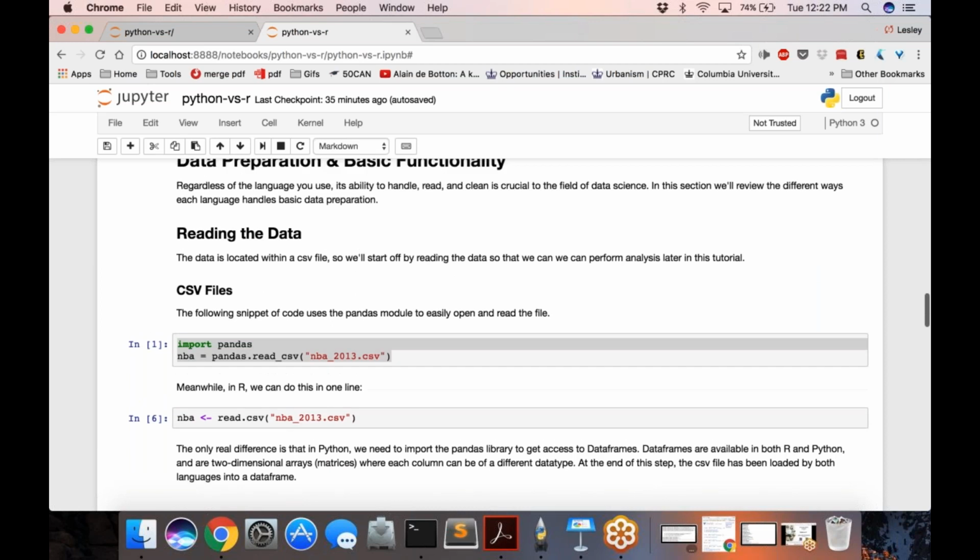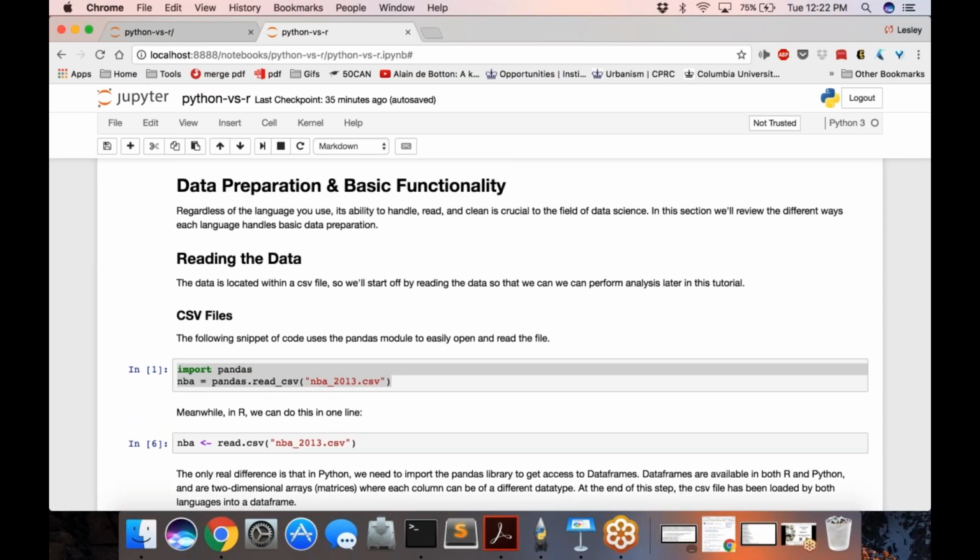Right. So before, if you looked at the code closely, you saw that I imported a CSV file. Oftentimes your data will be in the form of a CSV file or some other text file maybe, but with Python you have to import pandas to then use it, versus R, again, has this built in automatically. Pandas is a very strong module that allows you to work with data frames, but in R, data frames are actually a built-in data structure.